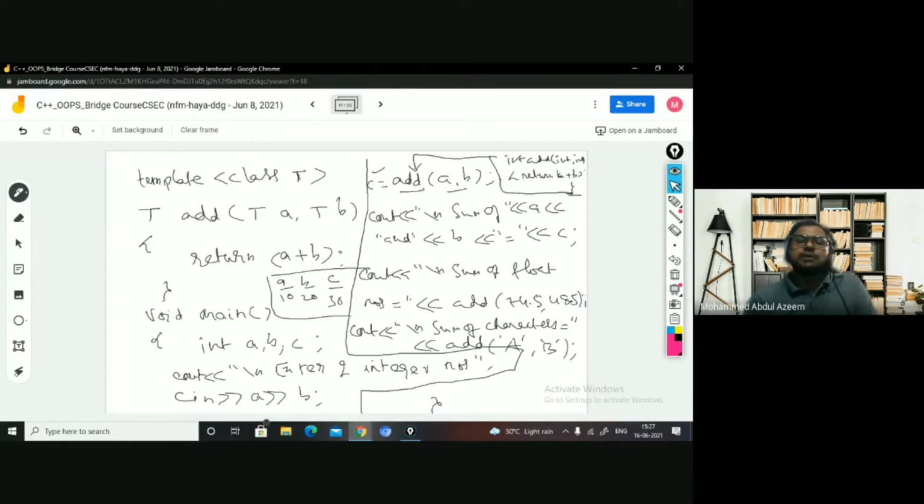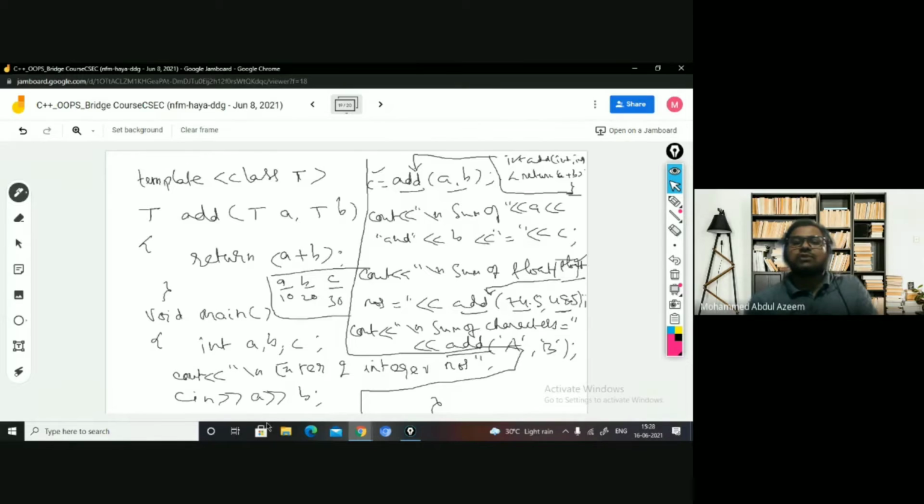And in the next statement, you are saying cout sum of float numbers. Now you are calling the same add function and passing float values, you can see here. So when you are passing float values, a version of float kind from this particular generic is going to be generated. It means another version is going to be generated here with float, replacing T with float. And that is going to be invoked here. So by passing these float values to these arguments and being added, the result is going to be returned, which is going to be printed here, right?